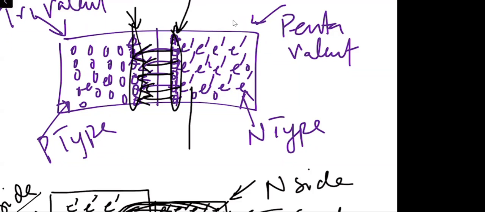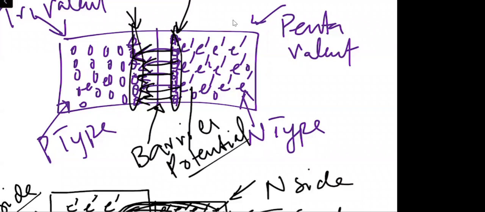So when we look from the lattice or crystal perspective, we say that there is an electric field created over here, which is normally called the barrier potential,